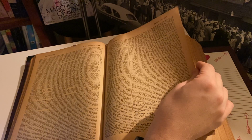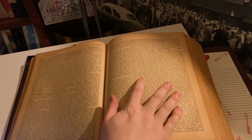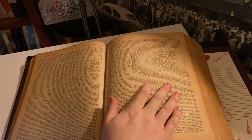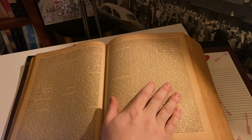That's about it. They don't have as much on Britain as I would have liked them to. British history since the Norman conquest is really a history of the progress of the world since that time in the arts and sciences. The principal events of its external political history, I'm sorry guys, I don't have my glasses on and it's hard to read at this angle, are